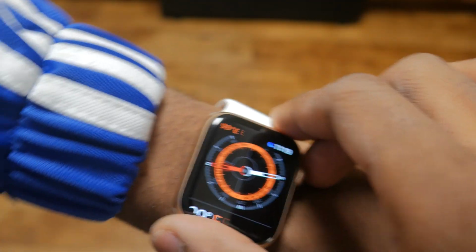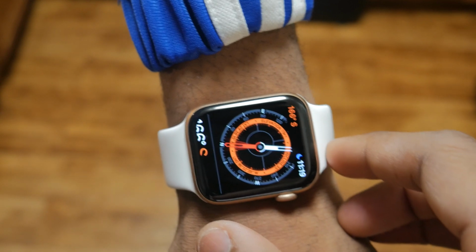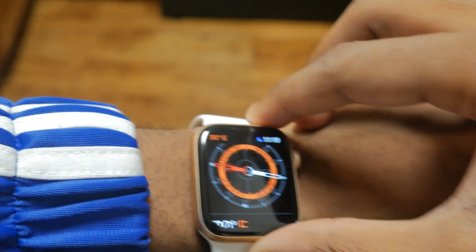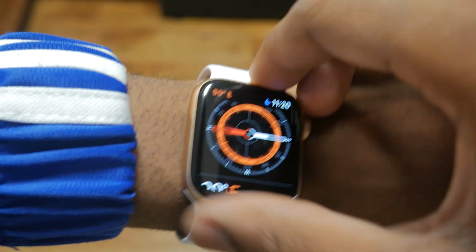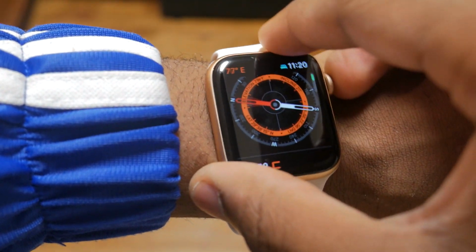It also has a fun little compass that looks really cool and works really well, even though I never use it. And there's just some other little nifty things sprinkled around the whole software experience. I wouldn't say they're very useful though, because like I said, I barely use them, and I was even going out of my way sometimes to try out a bunch of them, but none of them really stuck with me,